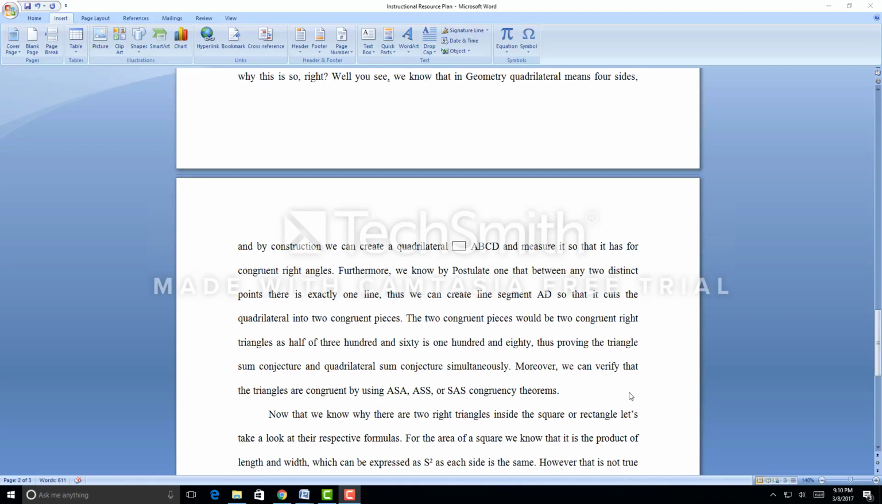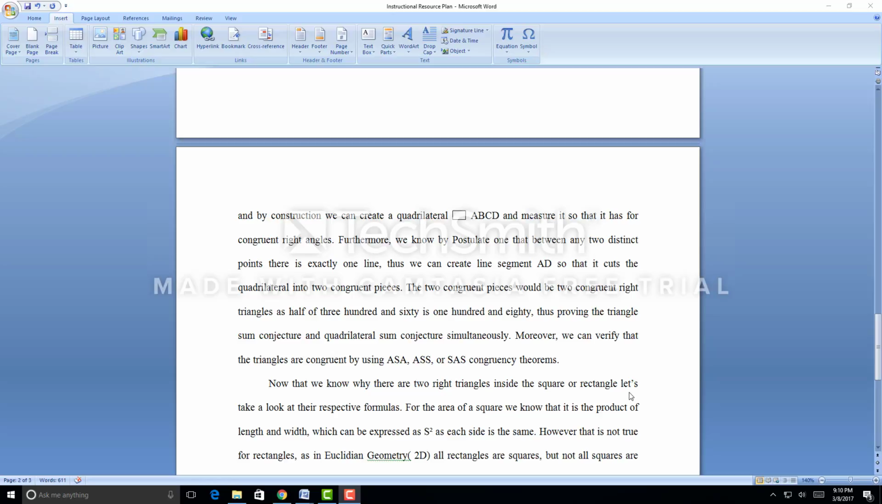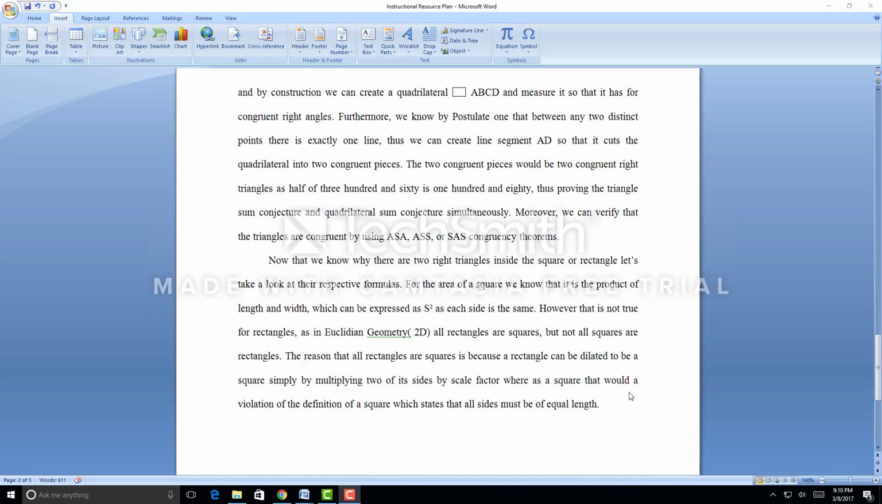The 2 congruent pieces would be 2 congruent right triangles, as half of 360 is 180. Thus proving the triangle sum conjecture and quadrilateral sum conjecture simultaneously. Moreover, we can verify that the triangles are congruent by using angle side angle, or side angle side congruency theorems. Now that we know why there are 2 right triangles inside the square or rectangle, let's take a look